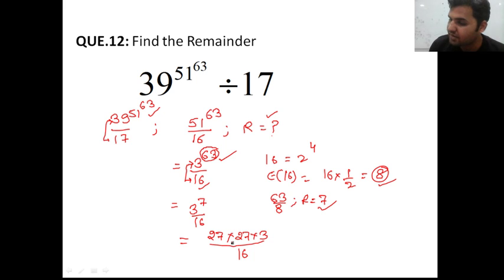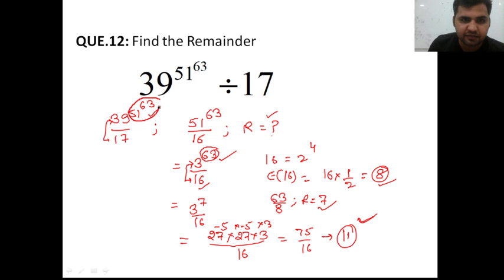Now 27 divided by 16 will give you a remainder of what? What remainder will 27 give when divided by 16? -5. -5 into -5 into 3 is 75. 75 by 16. What will be the remainder when 75 is divided by 16? This would be 11, right? So now this remainder 11 will replace this power, right? So your question will now become